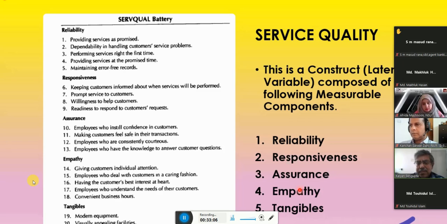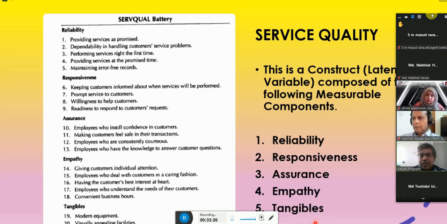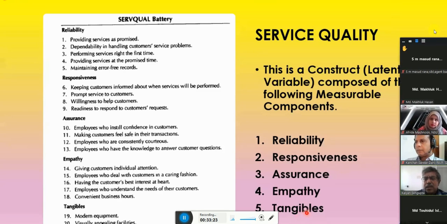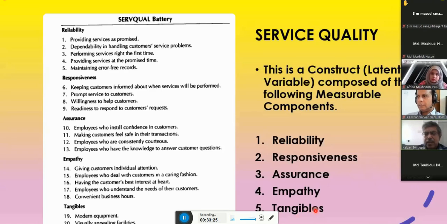But tangibles are what we can see, right? So that can make a difference in terms of quality. Definitely, if there is very dim light and things are very shabby, the customers are not very happy. So they say the quality is not very good.